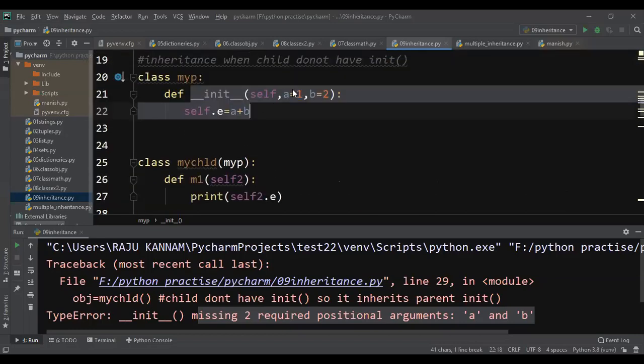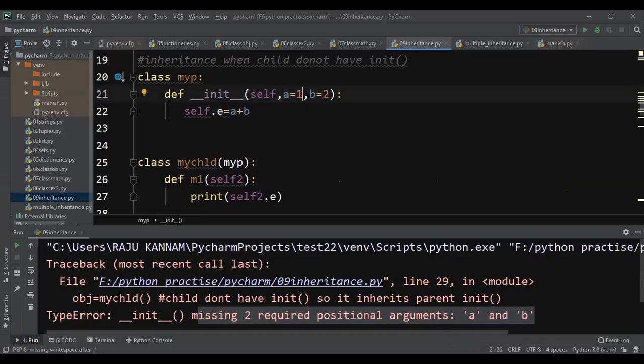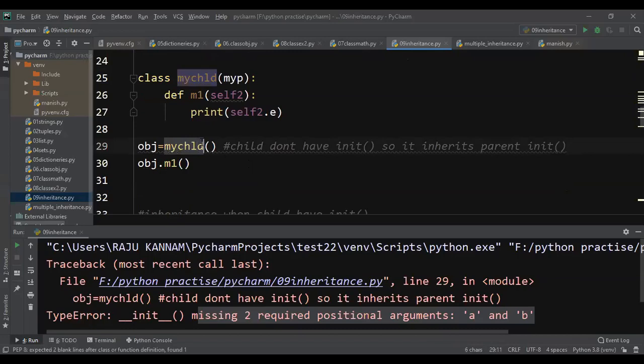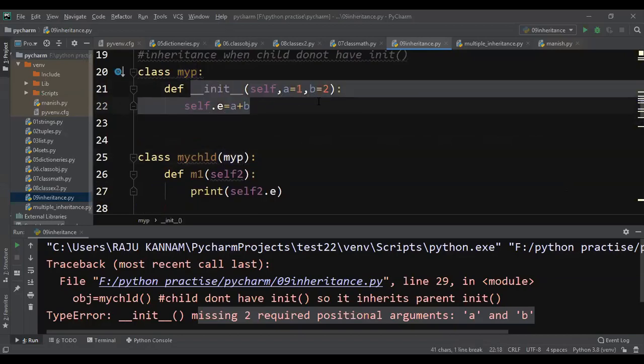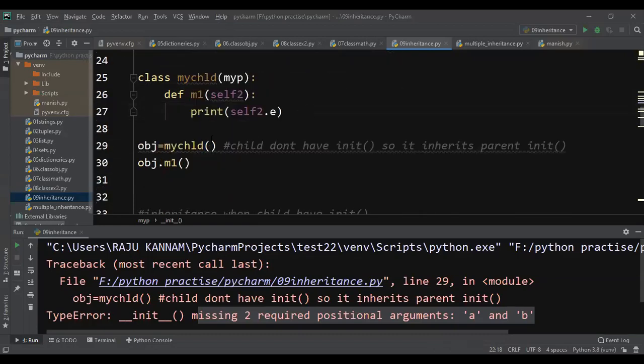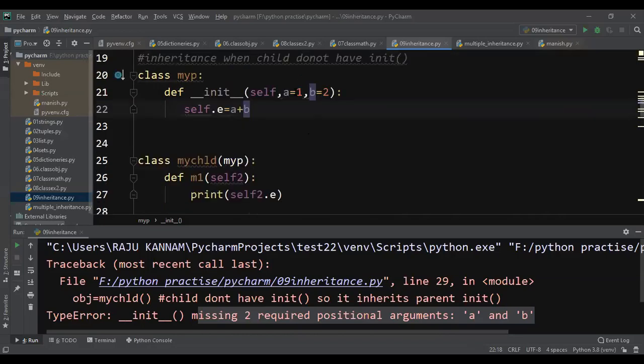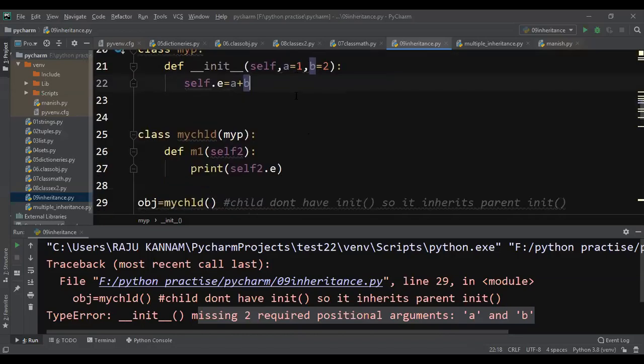Here it is taking two parameters, but I gave default values 1 and 2. So when you are creating the object for the child class, it will look for the constructor of the child, but the child does not have a constructor. Then, since the child is inheriting my p, it will look for the my p constructor. Yes, my p has a constructor. It takes two parameters, but I'm not giving them here, because I have given default values for the two parameters. So now if I execute,